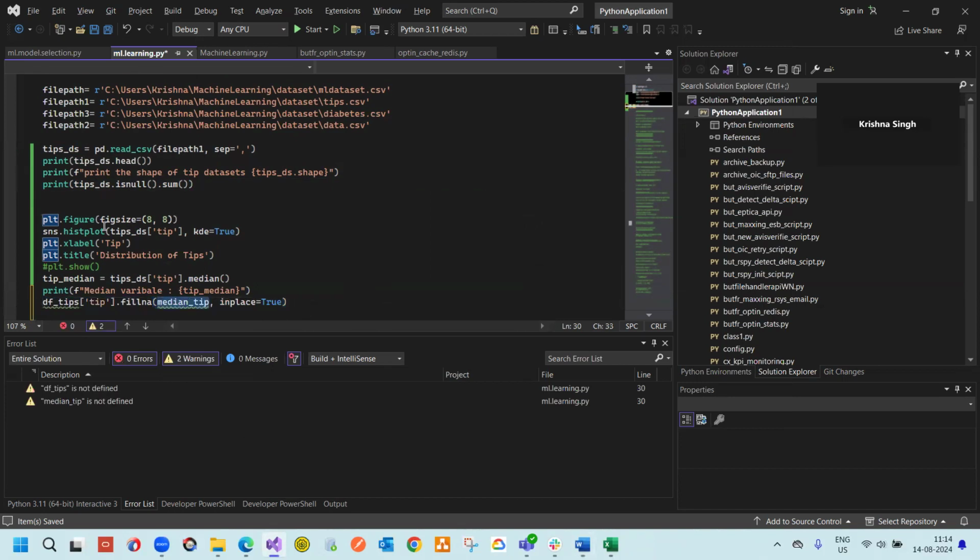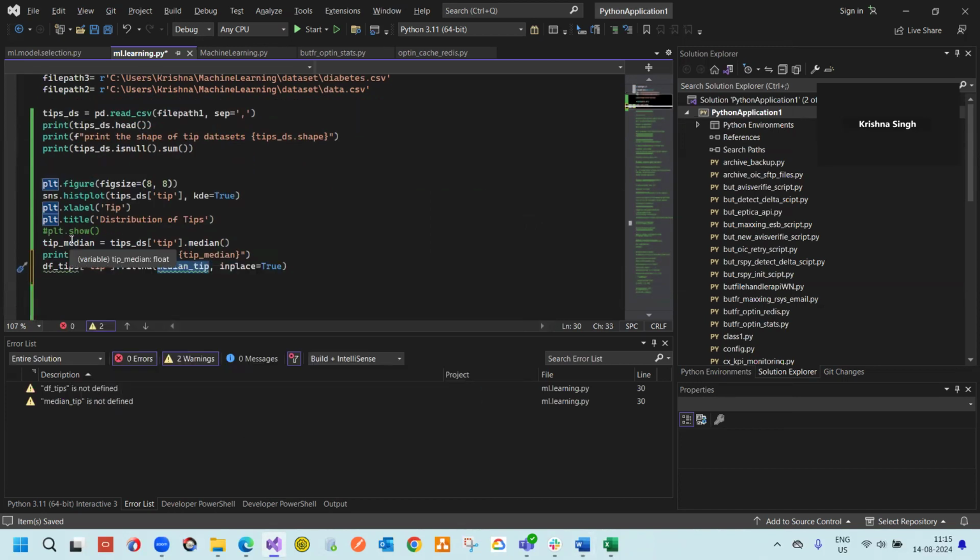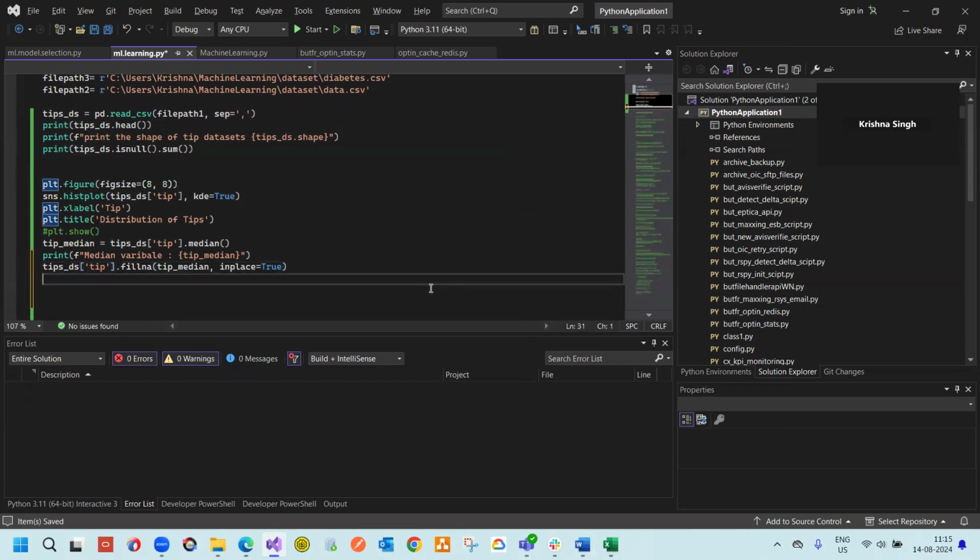So this is what I got here, tip median, this variable, inplace true. So I'm filling this. Data frame is this one. So in this data frame, I'm filling this one. So if you print this value